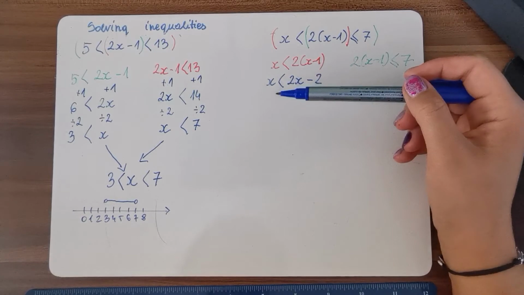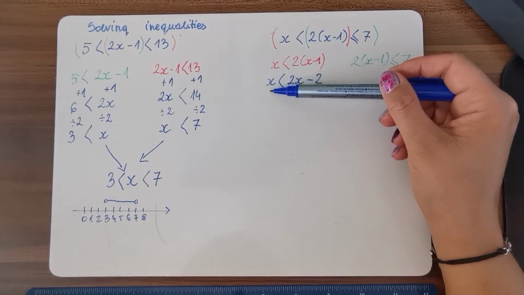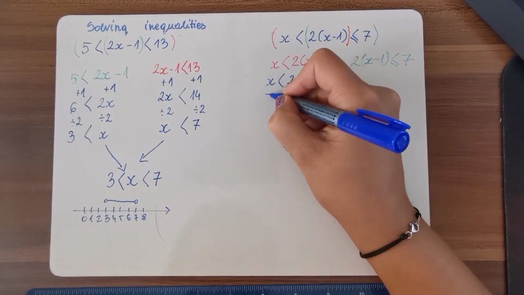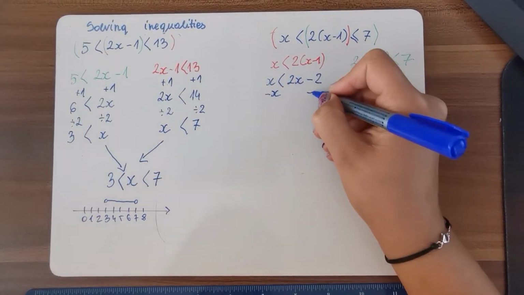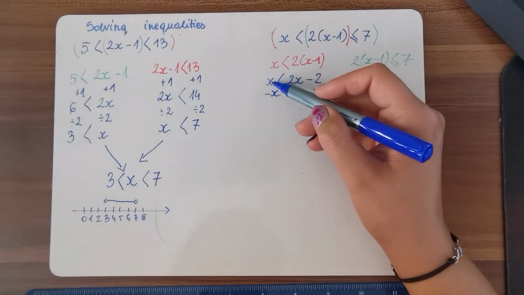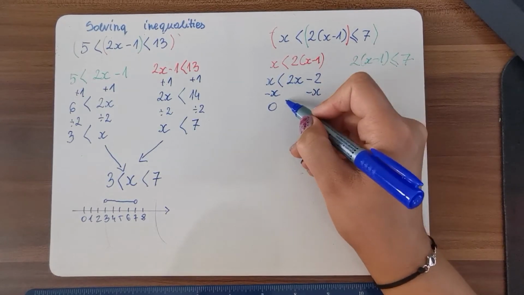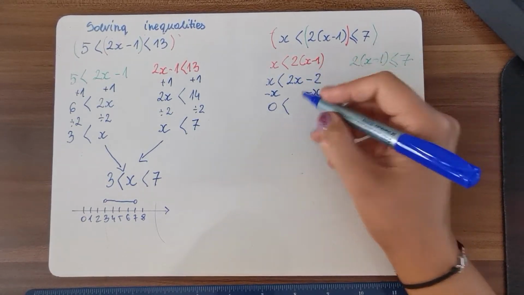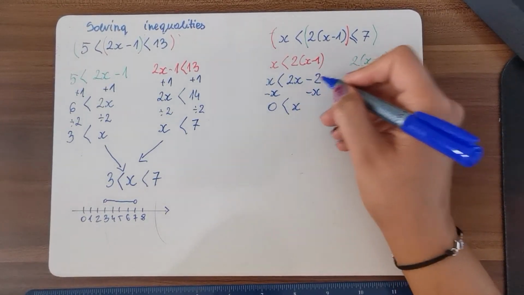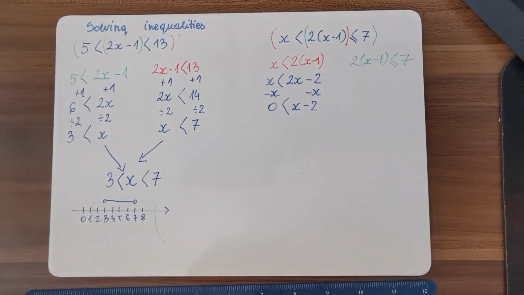We usually want to cancel out the smaller variable, so we will subtract x from both sides of our inequality. So we'll get x minus x will be equal to 0, and must be smaller than 2x minus x will give us x, minus 2 without a change. Now we need to